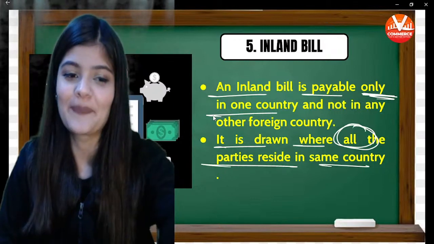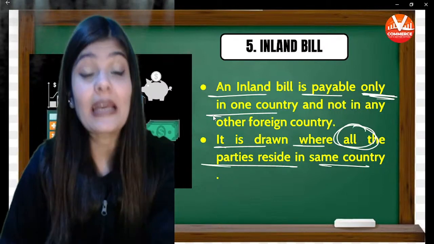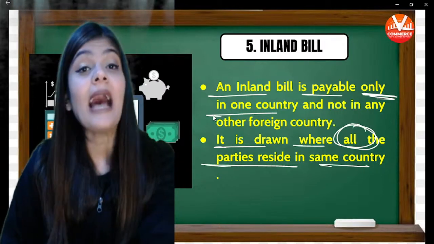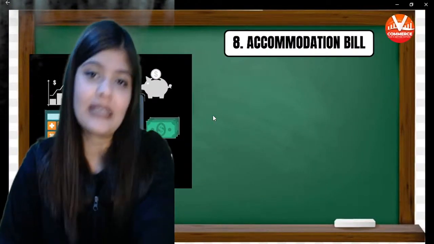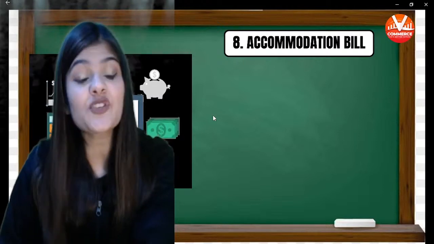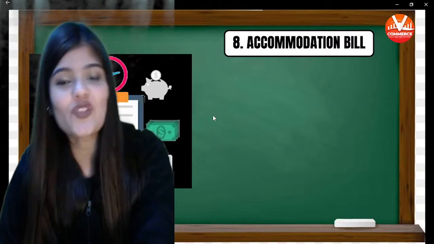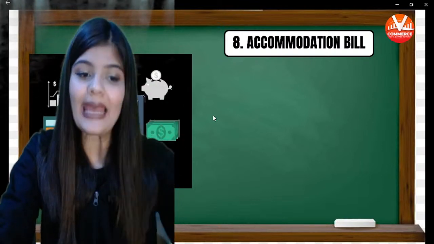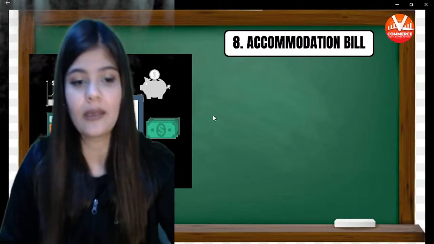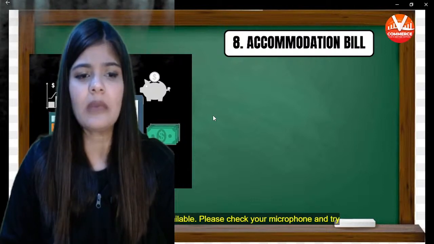चलो बढ़िया. अब चलते हैं आपके अगले बिल की तरफ. That is एकोमोडेशन बिल, जो लोगों की मदद करता है। एकोमोडेशन बिल क्या होता है, चलिए जानते हैं। फर्स्ट आई विल बी टेकिंग एन एग्जाम्पल एंड देन वी विल बी कमिंग टू द मीनिंग। पहले तो एग्जाम्पल लेंगे, उसके बाद मीनिंग पे चलेंगे।